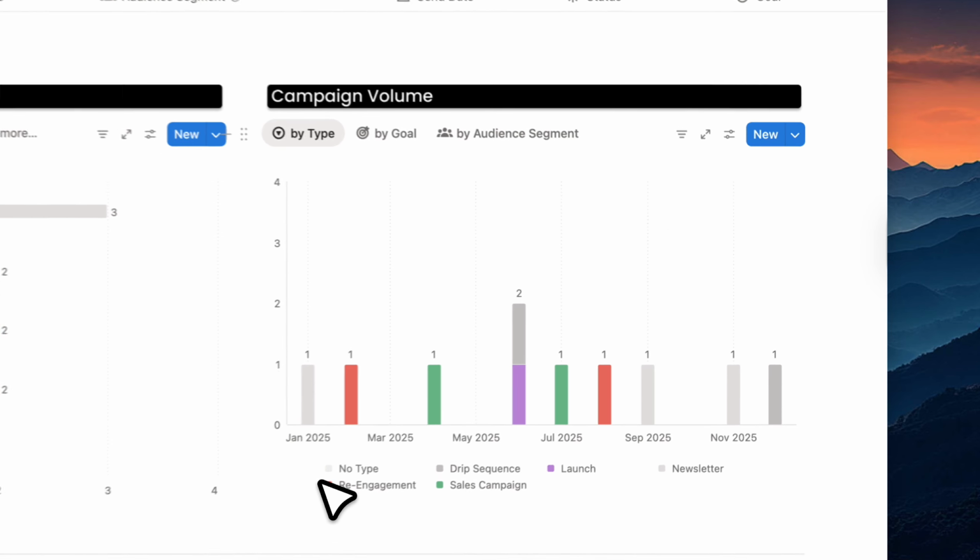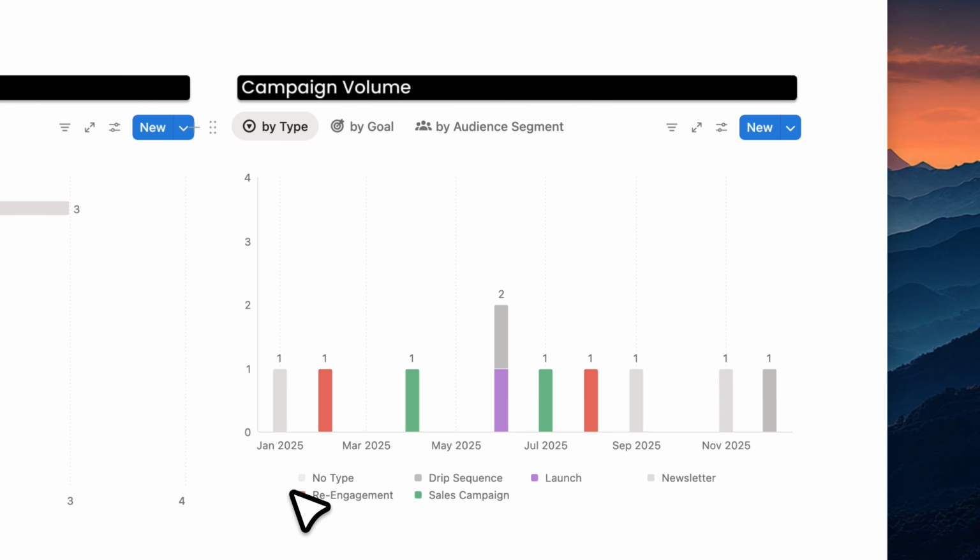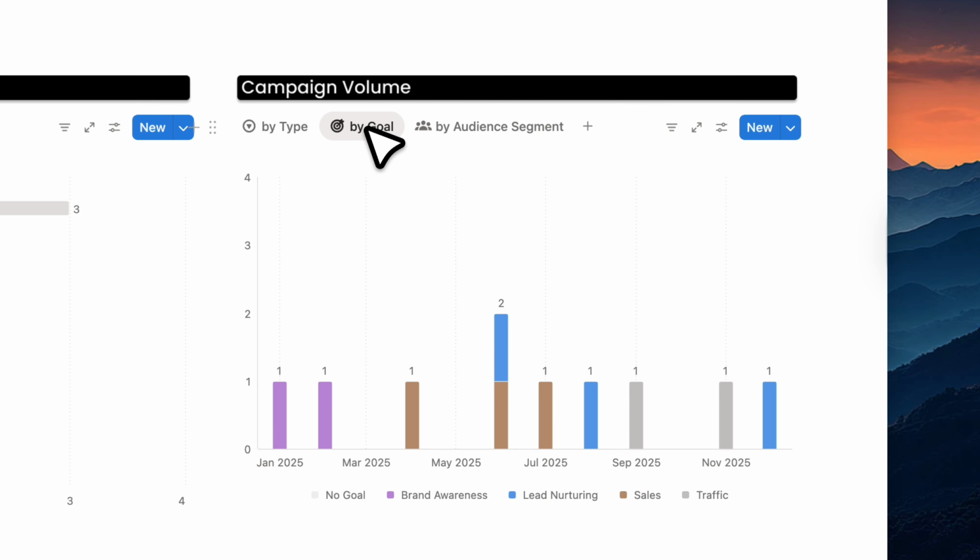Beside that, you have your trends over time chart with three time series charts. The first chart tracks campaigns by type over time, showing you the volume and mix of campaign types month by month. Beside that, you can see campaigns by goal over time, helping you understand how your marketing objectives have shifted